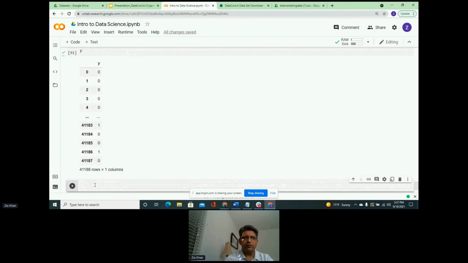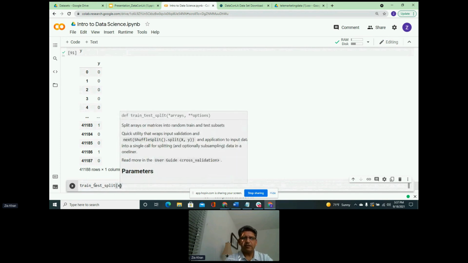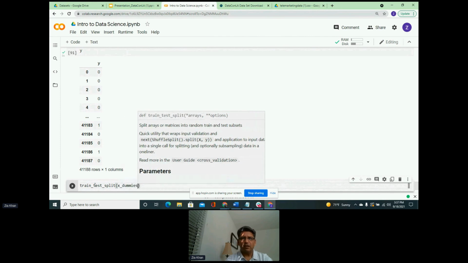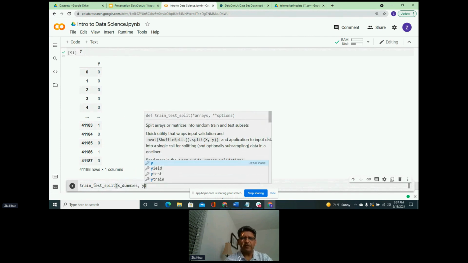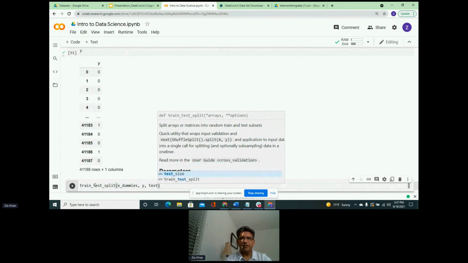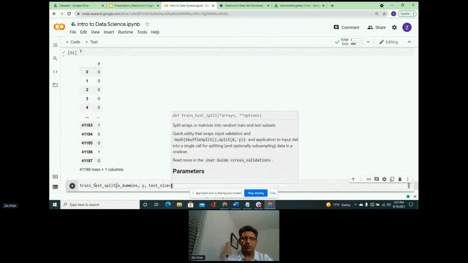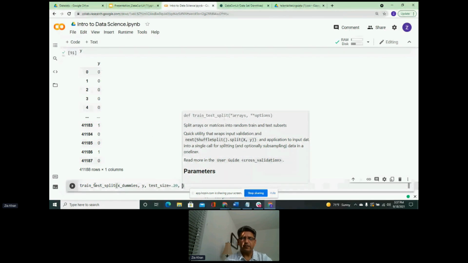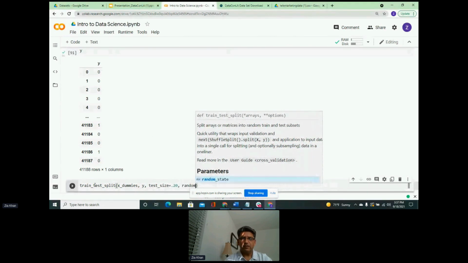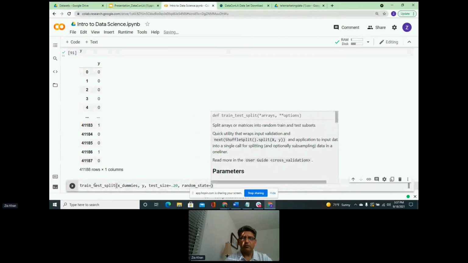We are going to do train underscore test split. The data is called X underscore dummies for our independent, and Y is the dependent. We want to keep the test size equal to 0.20, and the random state equal to 0.